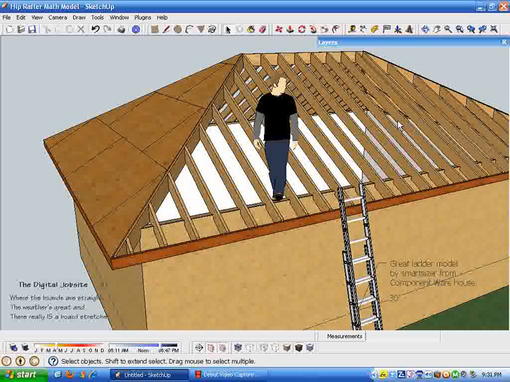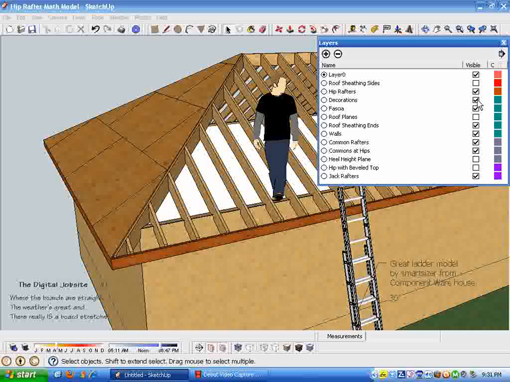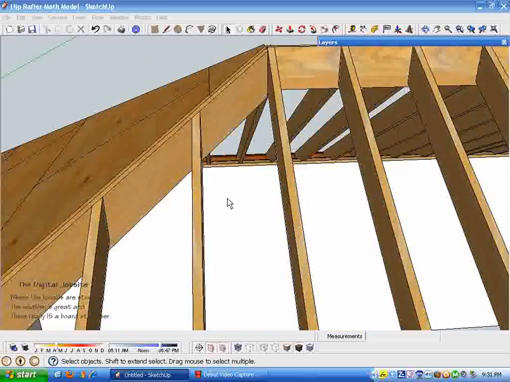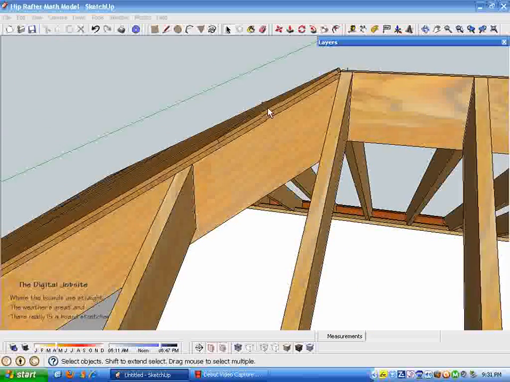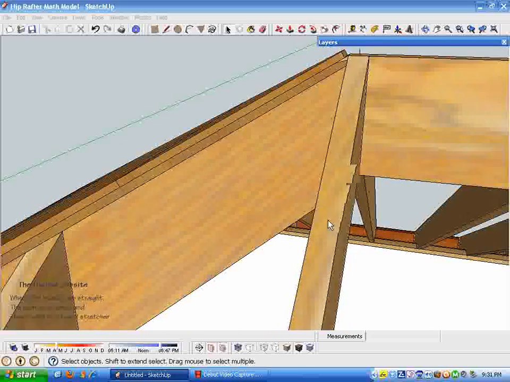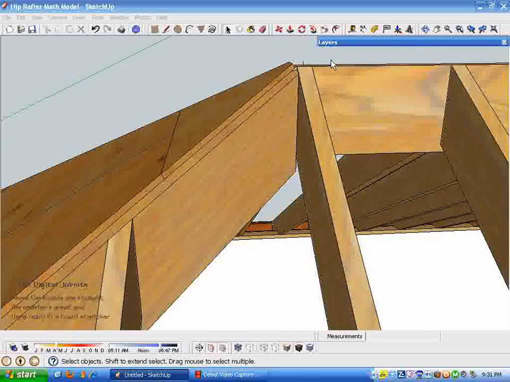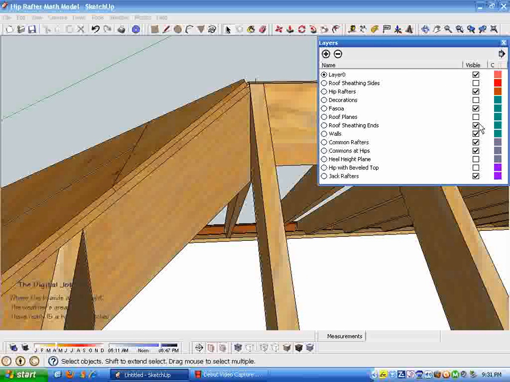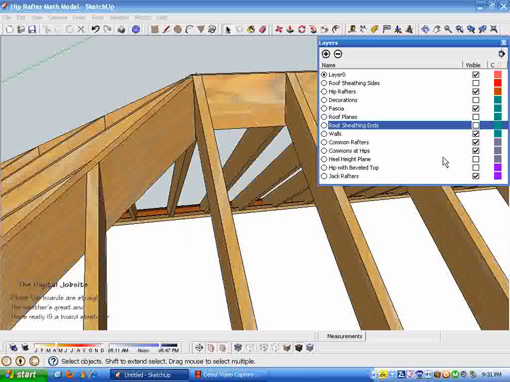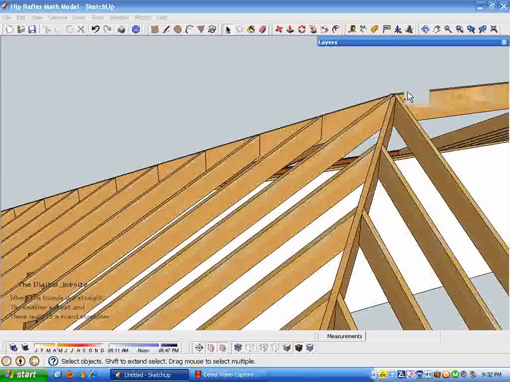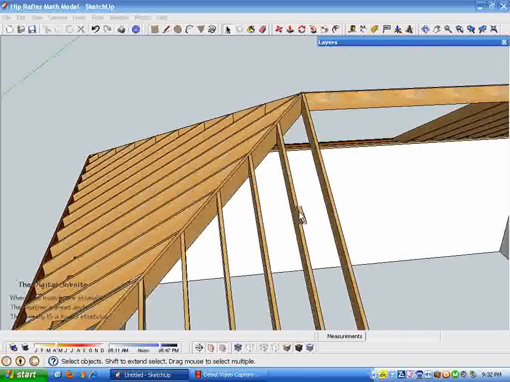So I'm going to shut off a layer here that we call decorations to keep the model moving along. And if you'll remember, plywood sheathing on a roof bears on the edges of the hip rafter and the faces of the common and jack rafters. And to achieve that, we had to drop the hip rafter. So I'm going to take away this other bit of roof sheathing and then hide the common rafters, just to take a few things out of this model. And then we'll minimize that layers box. And this shows basically the hip roof